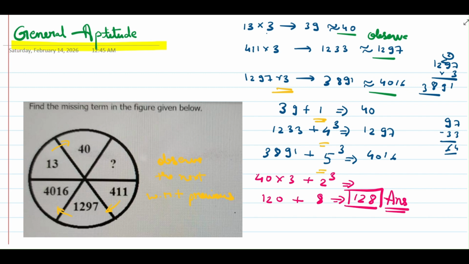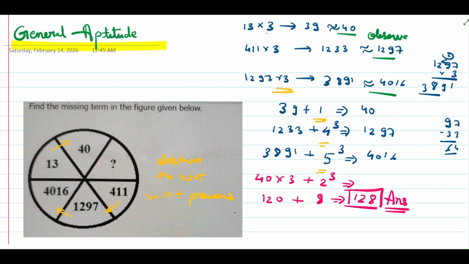Okay, so let's move forward with the first question. Here we need to find the missing term in the figure given below. So here first is 13, then 40, then question mark, then 411, 1297 and so on. What we observe here is like